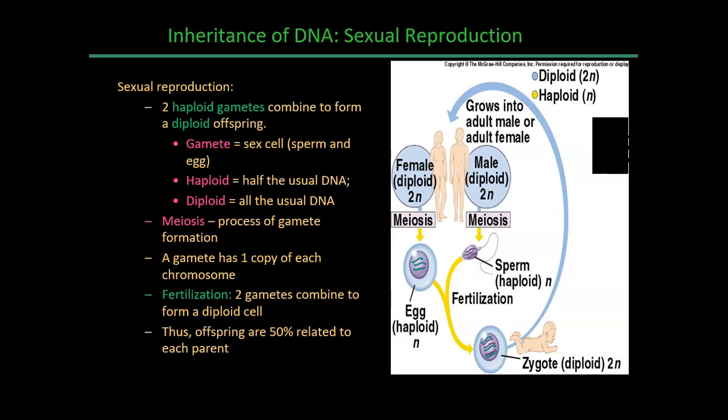All right, let's talk about sexual reproduction here, okay? If each parent sent a full complement of their DNA to their offspring, then their offspring would get too much DNA. They would get too many copies of every gene. So what happens in the process of sexual reproduction in organisms on the planet is that those organisms form what are called gametes. Gametes is a fancy word for sperm and egg,